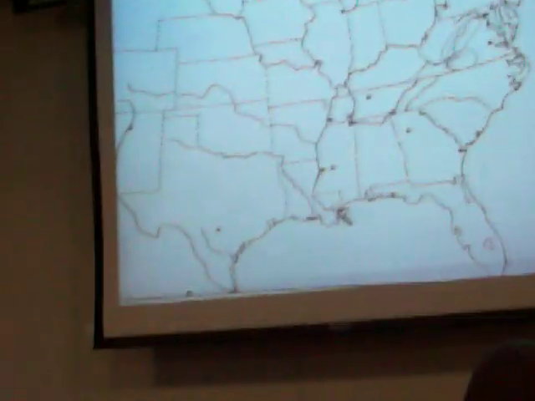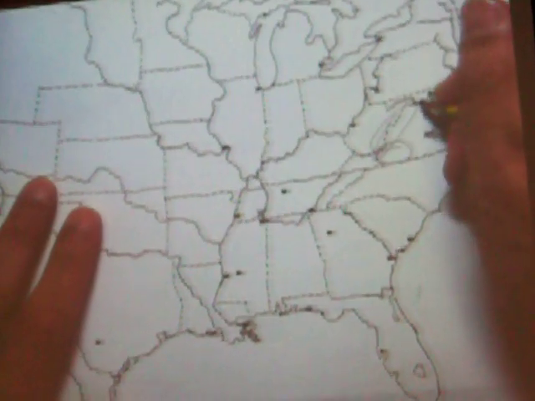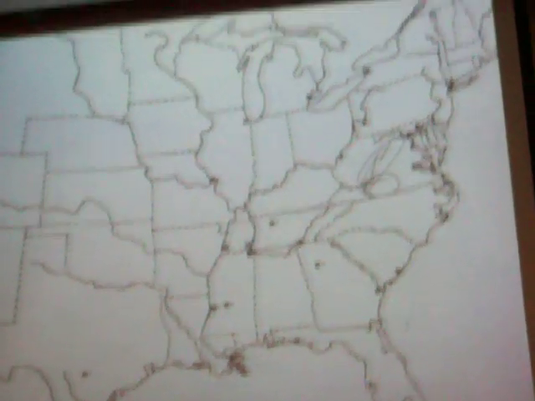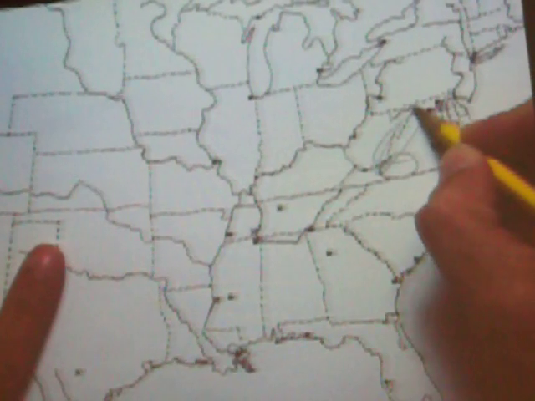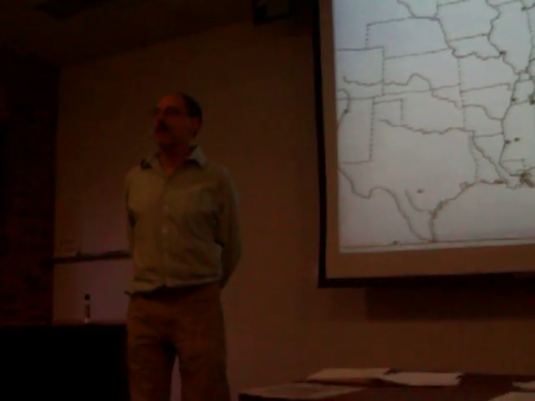As you might expect, many of the very important battles of the war were fought between the southern capital of Richmond and the American capital of Washington, D.C. It's only 100 miles, and there were at least a dozen battles fought between there, of which I'm only asking you to locate a few. Okay, so that's the only place in the map where you have to locate Washington, D.C., the Potomac River, the Battle of Antietam, the Battle of Gettysburg, the Battle of Wilderness, and the Battle of Bull Run. And they're all pretty close to each other. All right? Very good.